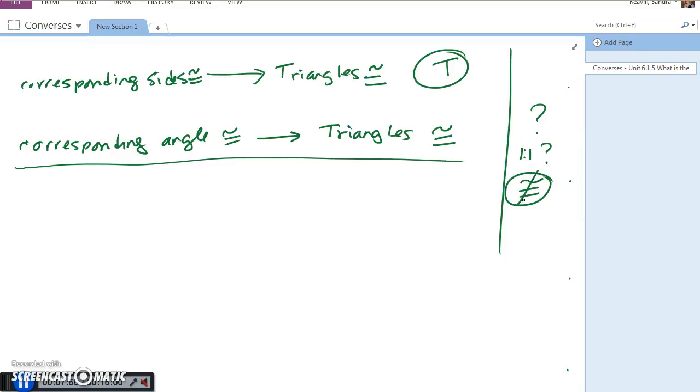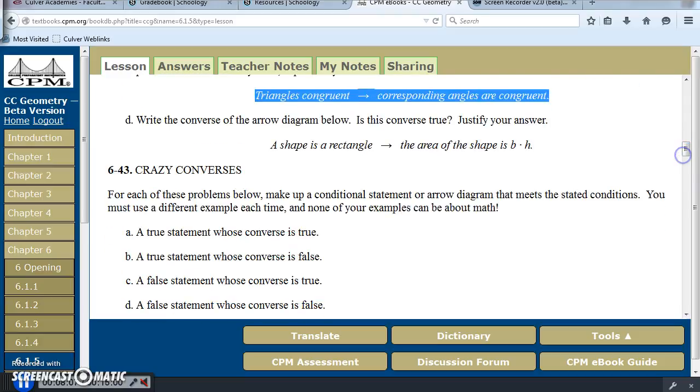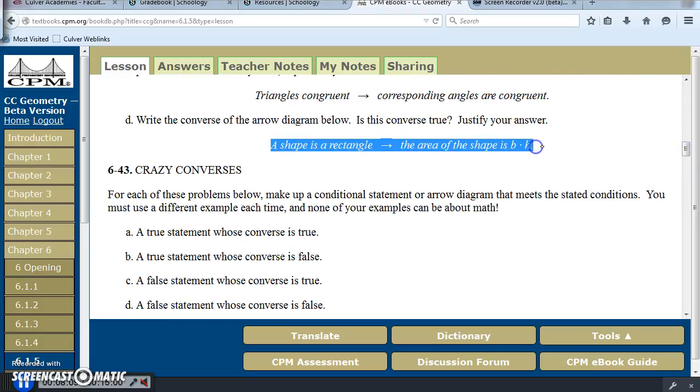In D, take a look at D, we're asked to write the converse of the arrow diagram that says if a shape is a rectangle, then the area of the shape is base times height. Let's rewrite that statement. We were given if the shape is a rectangle, then the area of the shape is base times height. So go ahead and write the converse of that statement. And you should be writing, if the area of the shape is base times height, then the shape is a rectangle,